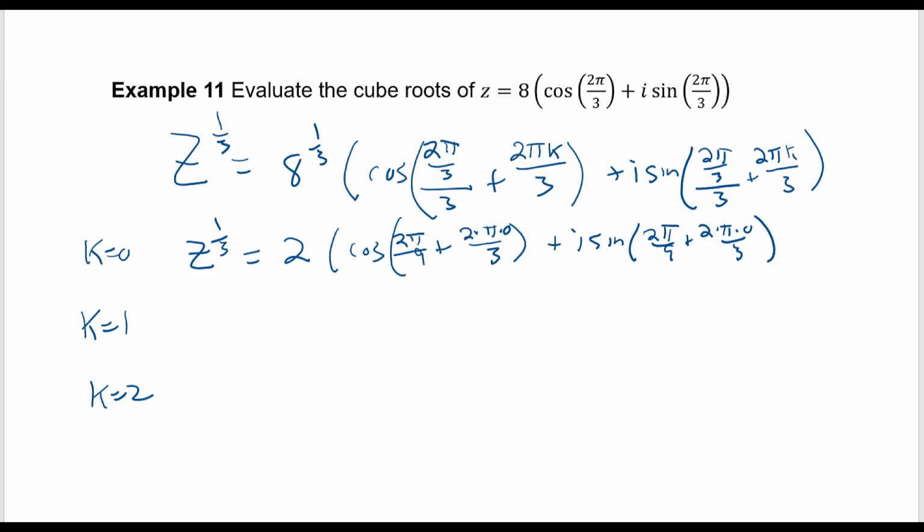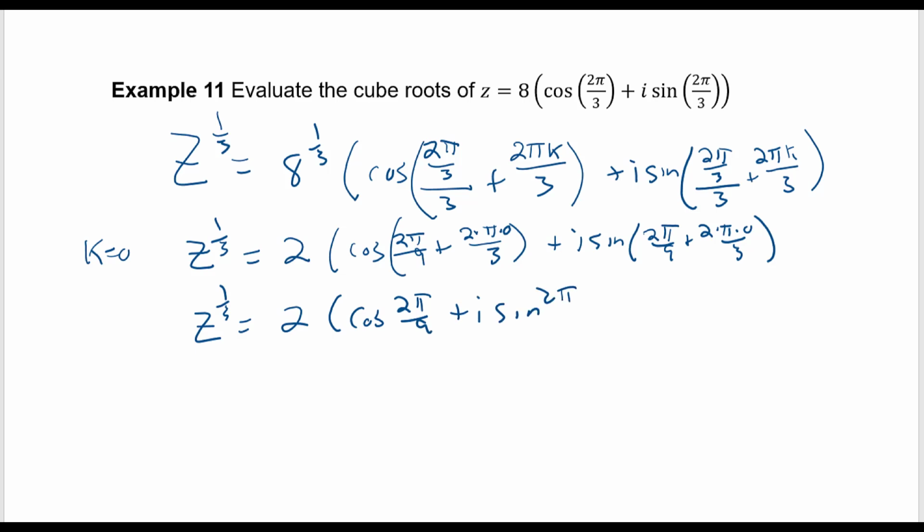So let me give myself a little more space to work here. So I want to restate this. Our first root, z to the 1/3, is going to be 2 times cosine of just 2 pi over 9 plus i sine of 2 pi over 9. Our second one,